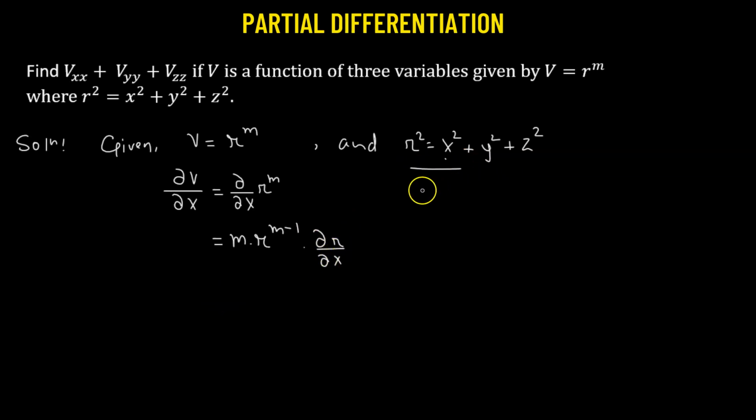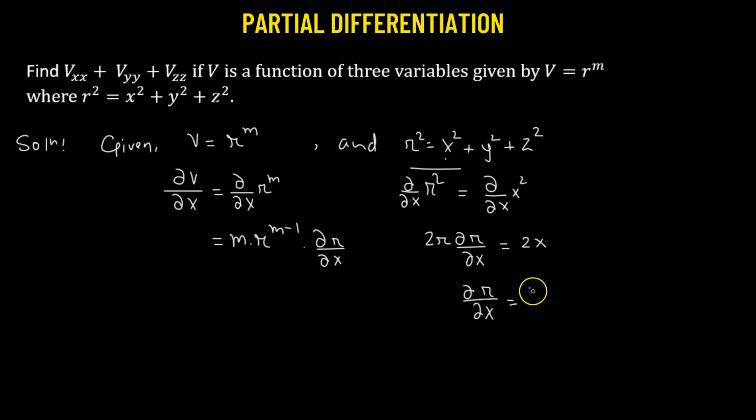Here we can take this particular equation and take the partial with respect to x on both sides. So partial of r squared with respect to x equals partial with respect to x of x squared. We don't have to worry about the other two terms, y squared plus z squared, because partial of y squared with respect to x will be 0 as we treat it as a constant, and similarly z squared is also going to be a constant. So this gives us 2r times partial of r with respect to x equals the partial of x squared, which is 2x, and this gives us partial of r with respect to x equals x